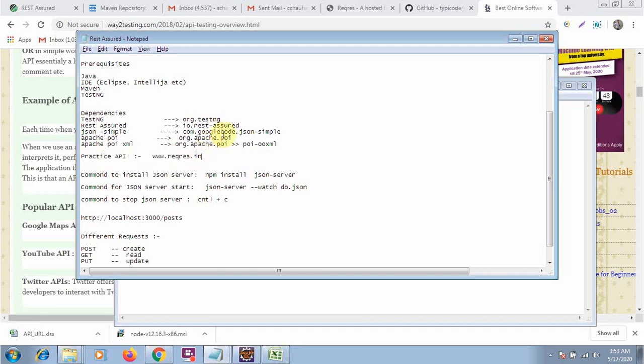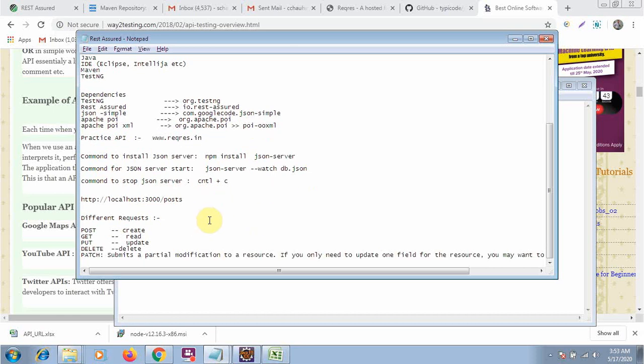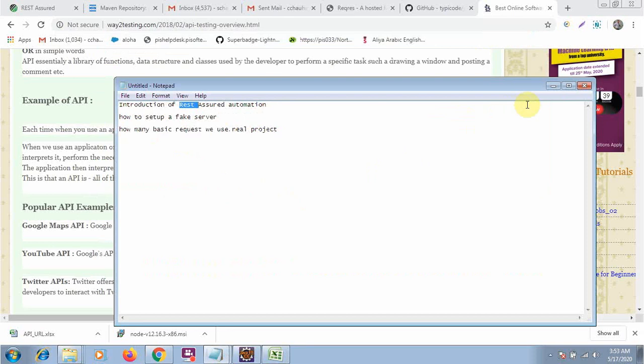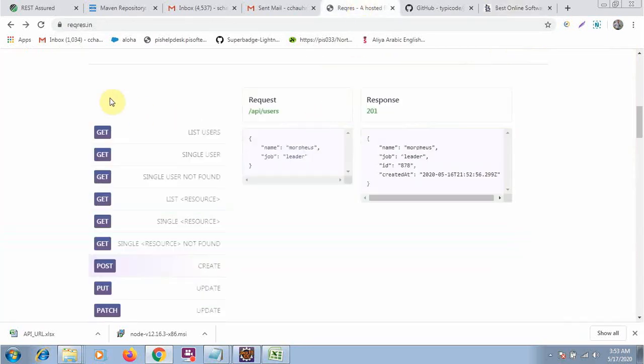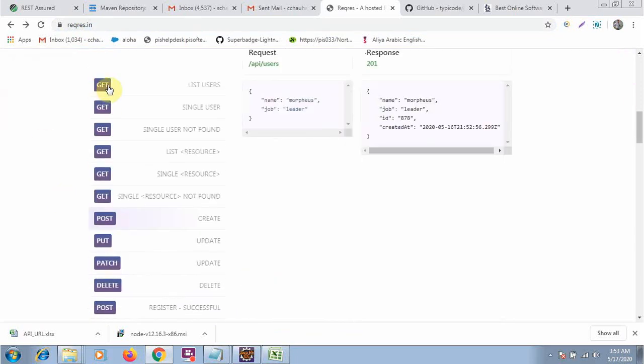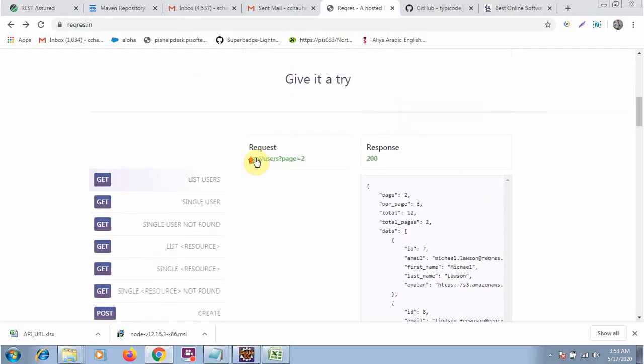First of all, let me tell you how to set up the fake server so that we can get the response and run our API. There is a website known as reqres.in. It provides a lot of fake APIs that you can use in your project to get the response.